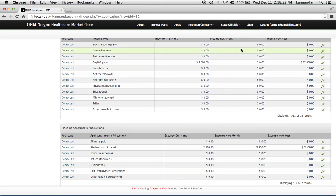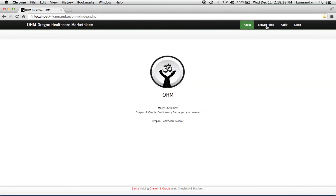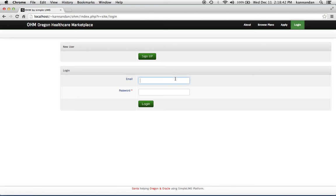So kind of like Facebook, they put those comments in there. Yeah, and it's transparent. And now let's go log out, and let me log back in as an administrator. So far what you saw was just the regular outside user doing the application. And now what we're going to do is log in, and I'm going to log in as